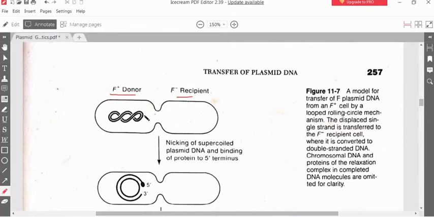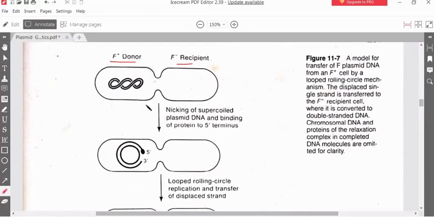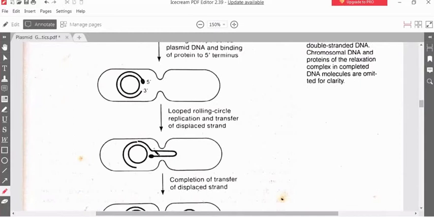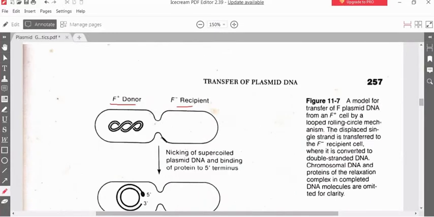This F plus donor plasmid will make a copy, and after making the copy, this copy will be transferred via the conjugation tube. So this is a fusion. As you can see, the two bacteria must be separated away initially, and now they have somehow made a conjugation tube via formation of pilus, or you can say pili. Pili is a plural term, pilus is a singular term. So via formation of the pilus or pili, they can actually conjugate